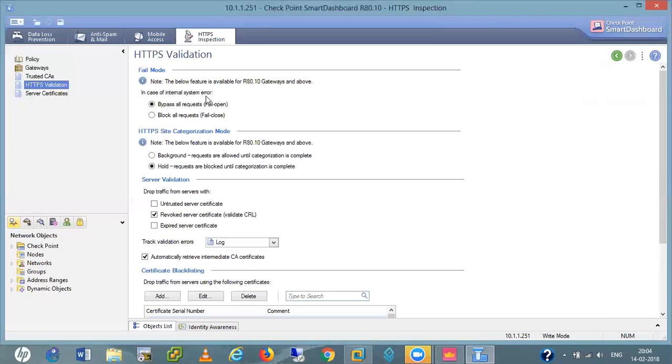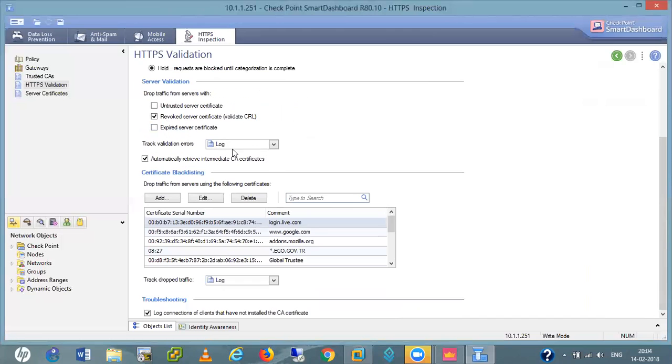In case of internet bypass the request, block all request. See, if there is any problem, then we can also select this one: bypass all request or block all request. Okay, I just said block all request. Certificate serial number. These are the details for them.